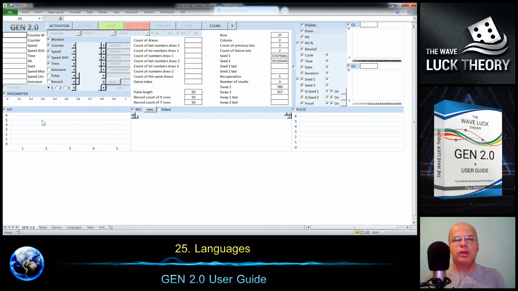Just save it like it is, because it will not damage the file and influence other things which are there. And always save it when the Gene 2.0 is active, so that you avoid some additional troubles. So when we are ready with these languages, we can click activation,